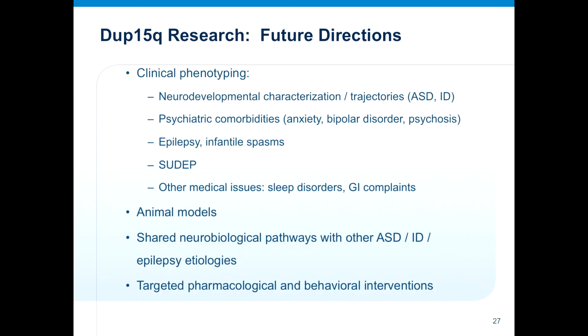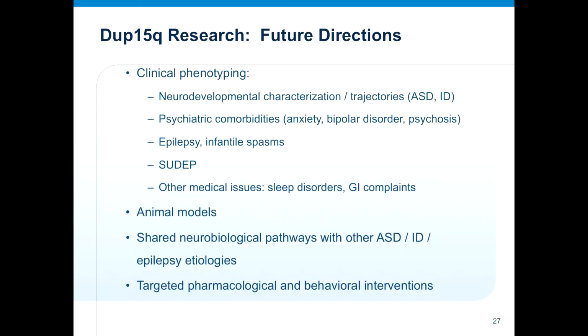So as we head off into these 2 days of hearing about a lot of the research that's going on, here are some thoughts for directions for research, some of which we're already involved in. Clinical phenotyping, this is a great need for this syndrome. This is an unusual syndrome in that the laboratory finding was well documented long before the clinical features. In many other conditions like Prader-Willi and Angelman, they figured out the clinical syndrome first, and then they figured out what the genetics were. This is kind of the opposite. We knew the genetics, but we were just getting a handle on the phenotype.